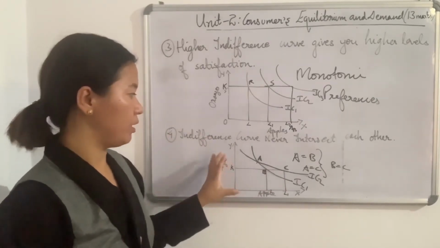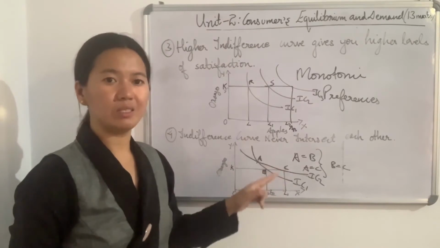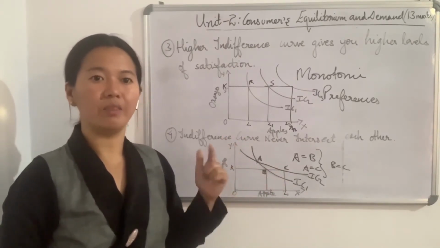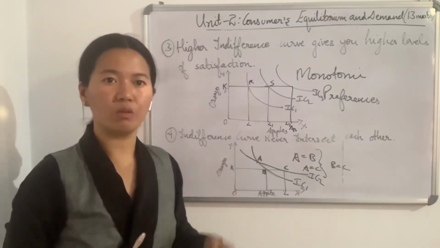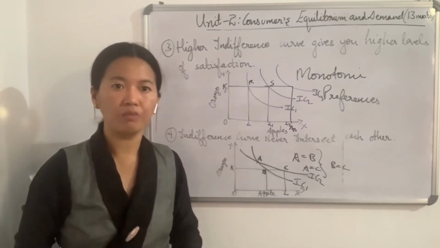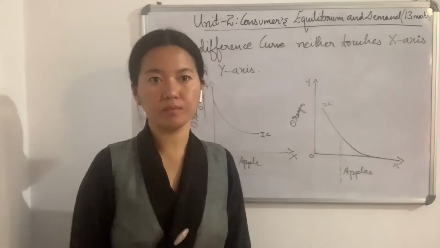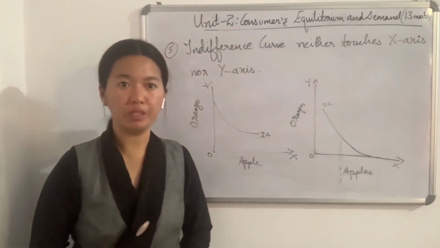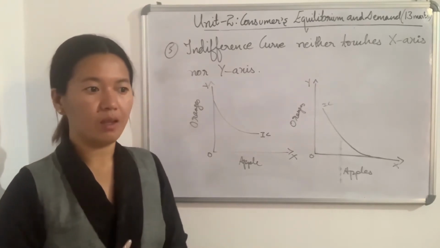From this diagram, it means that two indifference curves will never intersect each other, because when one indifference curve is higher than the other, it means that it is consuming a greater number of goods, and also it is getting higher satisfaction. And the last property of indifference curve is that an indifference curve neither touches the x-axis nor the y-axis, because from